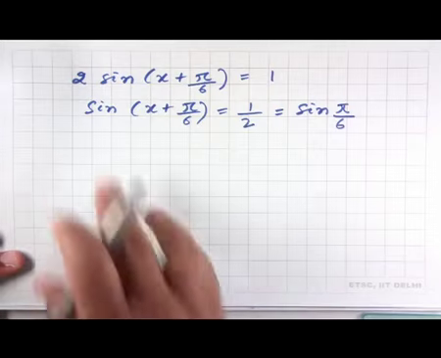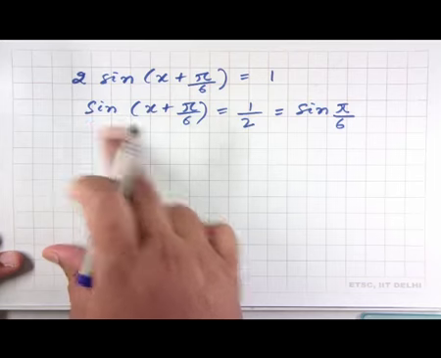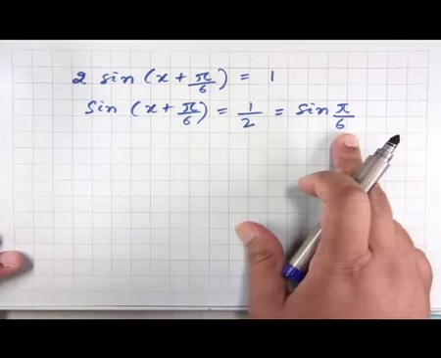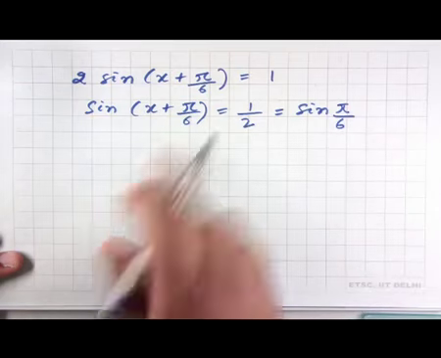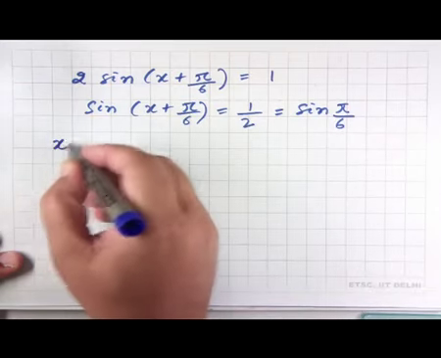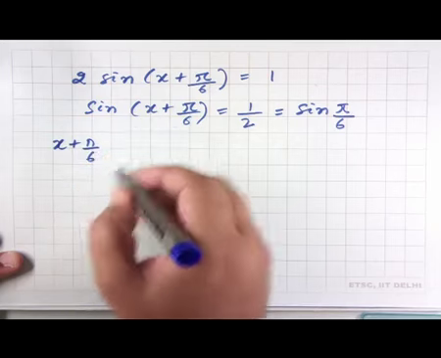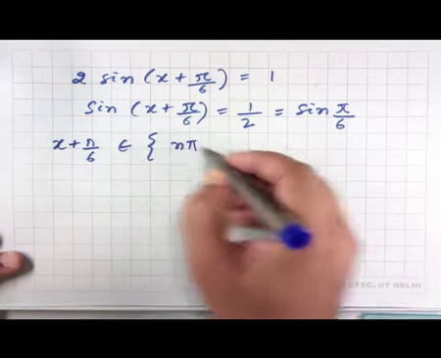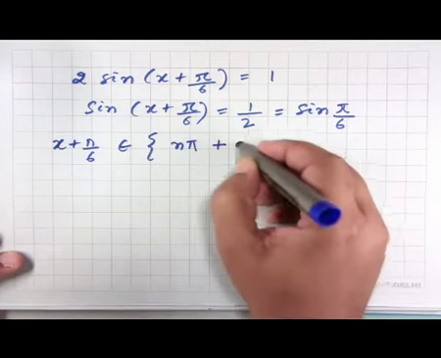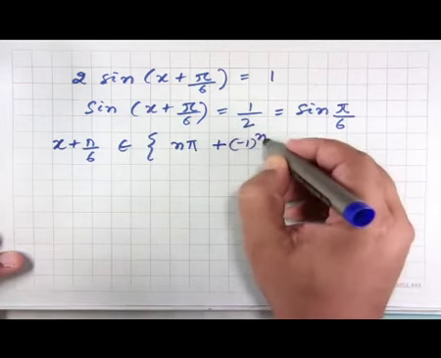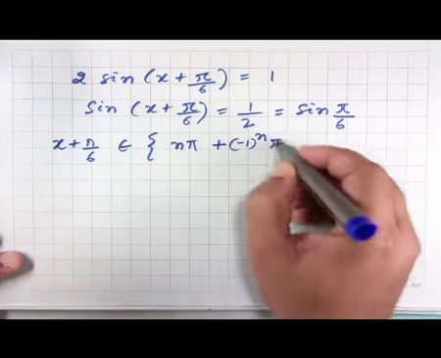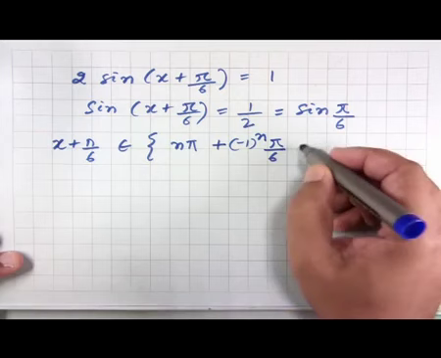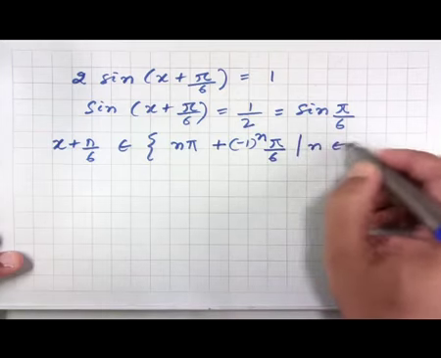So, here we again have an equation of the form sin x is equal to sin y, and for this we know that the general solution is that x plus pi by 6 should belong to the set n pi plus minus 1 to the power of n times y. In this case y is pi by 6. So, pi by 6 for all integer n,